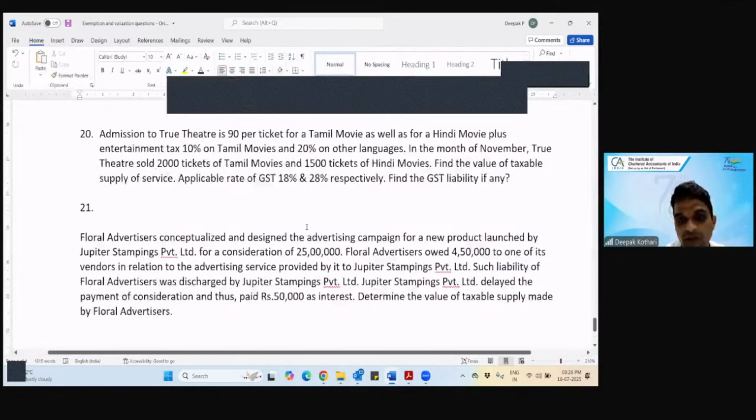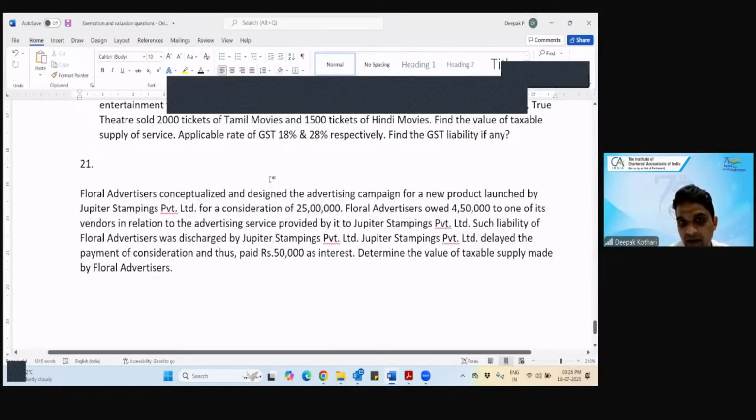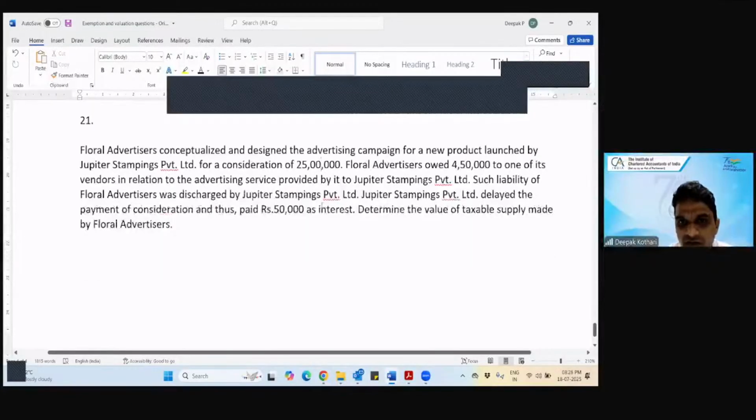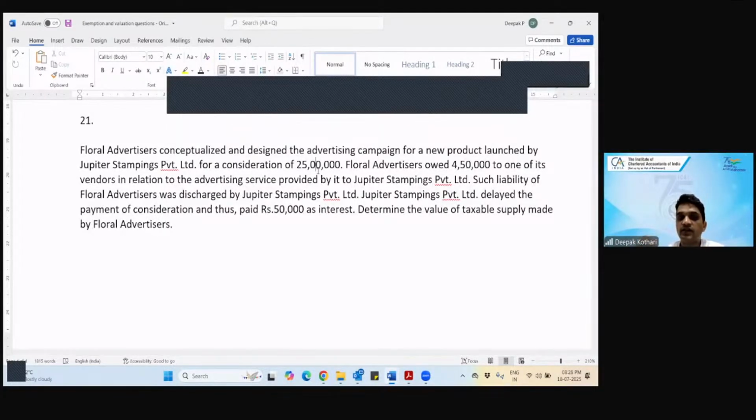Clear? Very simple question. For this, you may just expect a 2 marks or 3 marks question, or it could be an MCQ also, because not much to be discussed here. What all value you will include. Sometimes you may get confused that how can it be simple? But you will have to be careful that wherever legitimately as per Section 15 valuation provisions, if something is to be added, you will add that. Okay. So all of this will be added up here.